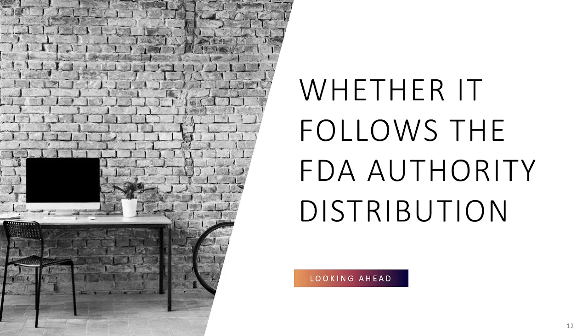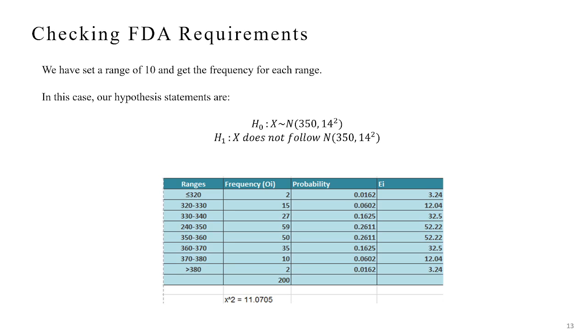So moving to our second requirement, whether it follows the FDA authority distribution or not. So we look ahead. For this we have set a range of 10 and got the frequency for each range,